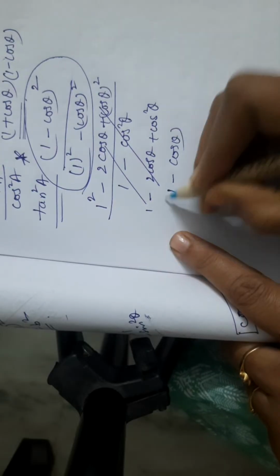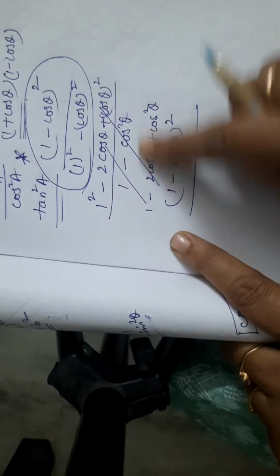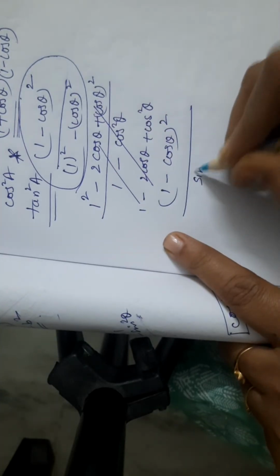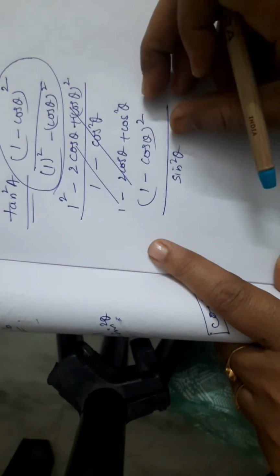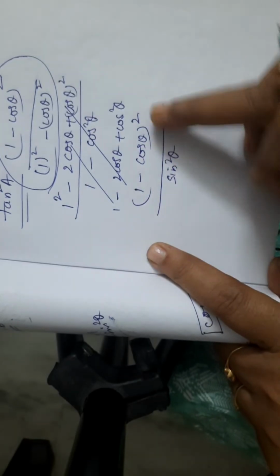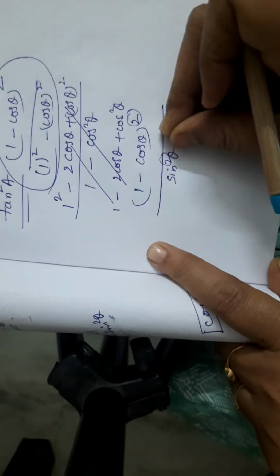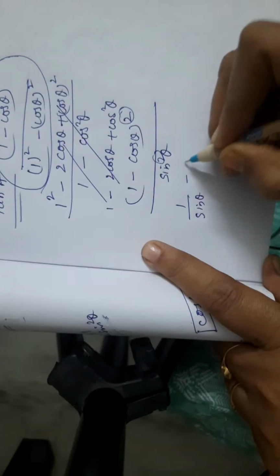थीटा होल स्क्वायर है और यहाँ पे हमारा हो गया था 1 माइनस कॉस स्क्वायर। 1 माइनस कॉस स्क्वायर मैंने क्या होता है, साइन स्क्वायर। सो 1 माइनस कॉस स्क्वायर की जगह पे हम लिख सकते हैं साइन स्क्वायर। अगर ऐसे स्टेप में करते हैं तो ये क्वेश्चन हमारा डायरेक्ट सेकेंड स्टेप पे ही सोल्यूशन आ जाएगा। तो यहाँ पे हमारा दोनों ही स्क्वायर है, सो वी कैन कंबाइन देम, इसलिए इसको 1 अपॉन साइन कर लो और वैसे ही